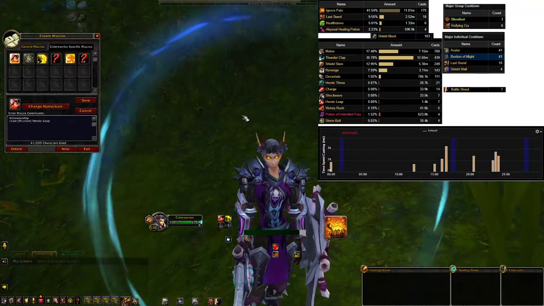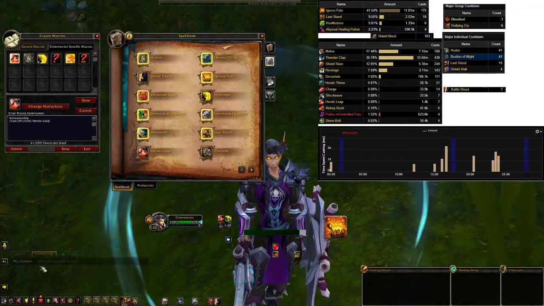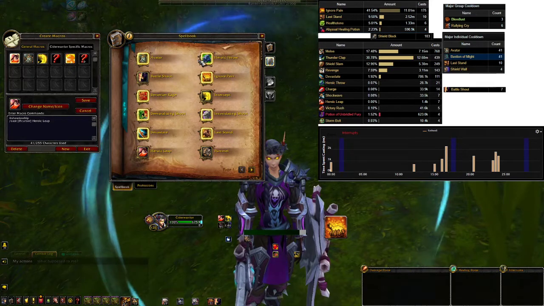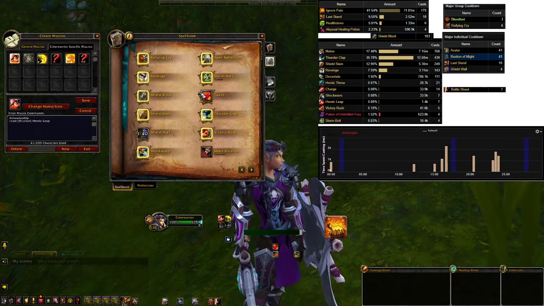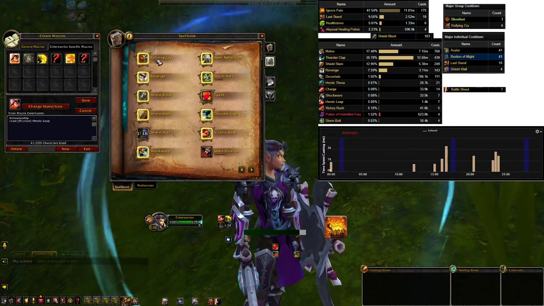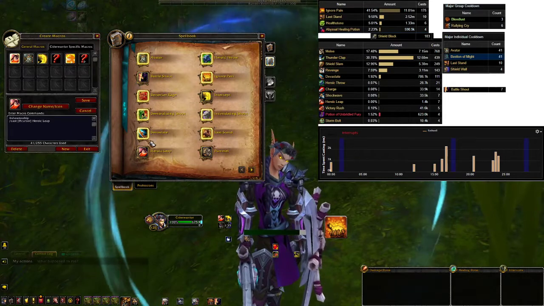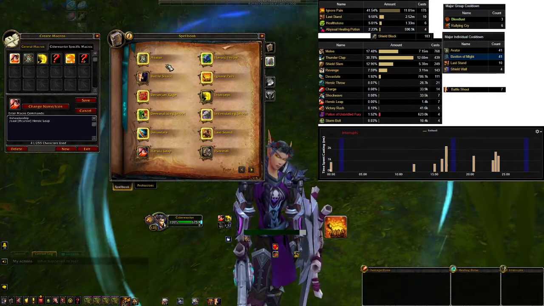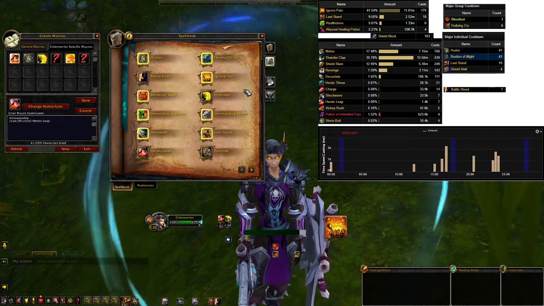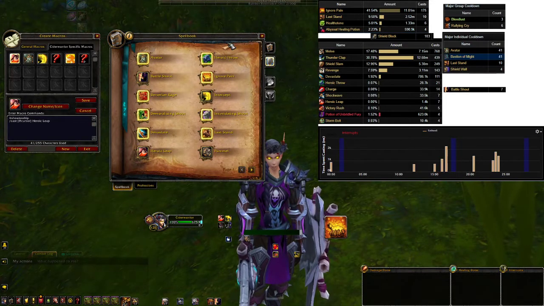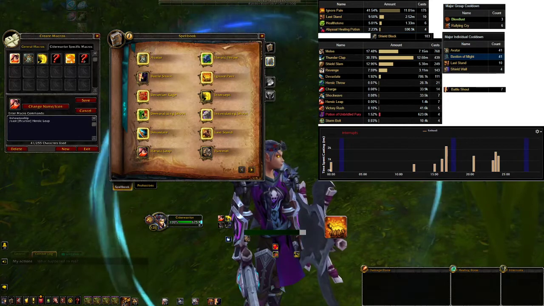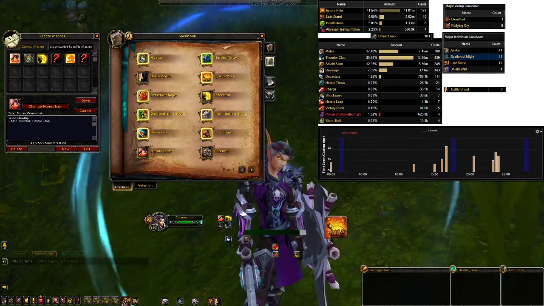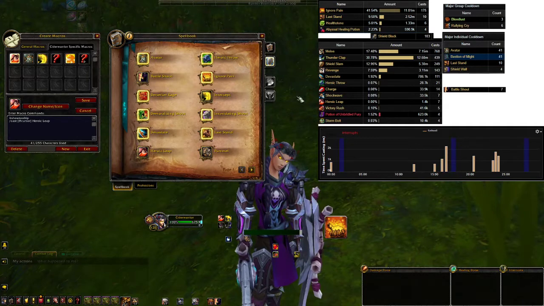So from here, we're starting to hit the point where we're going to hit the core of our class. If you look, there's almost no buttons here that really fall that aren't part of core mechanics. There's a couple of defensives here, some things that don't quite fall into all the same families. So how do we decide these things? So we go back to our numbers and we start trying to think about what are the most important things. What are your most important casts? And our four most important casts are,